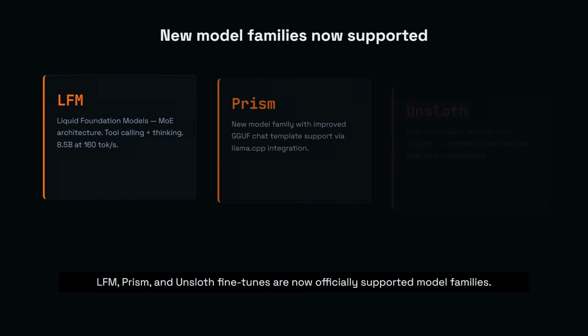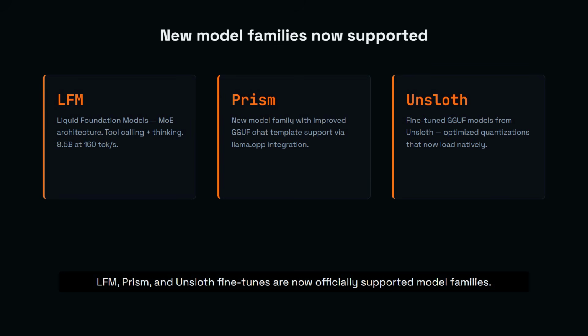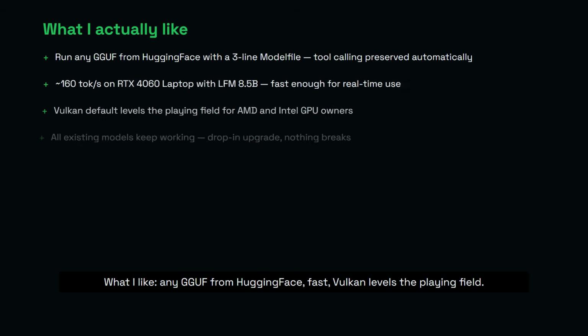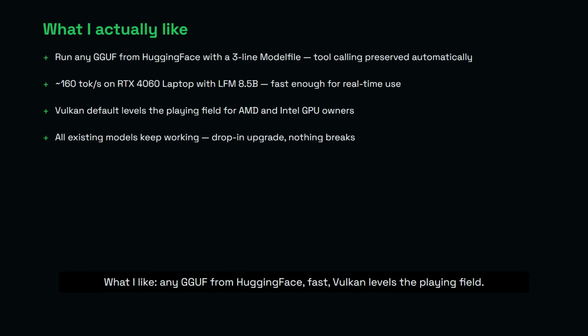The LFM family, Prism models, and Unsloth fine-tunes are now officially supported via the improved GGUF pipeline. If a model has a valid GGUF file on HuggingFace, chances are Ollama can now load it cleanly, including tool calling support. What I actually like about this update: you can now pull almost any GGUF from HuggingFace and run it locally with one Modelfile. The tool calling and thinking capabilities carry over from the GGUF metadata automatically, and Vulkan levels the playing field for